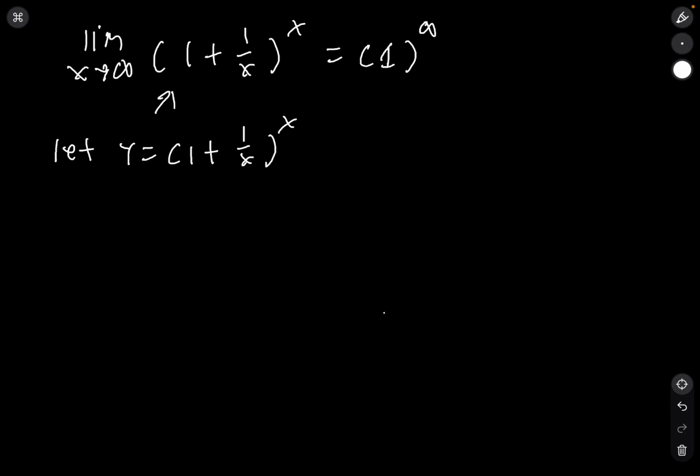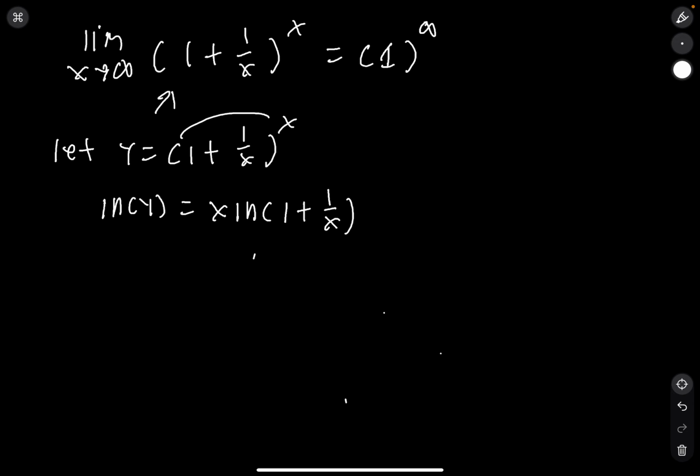And from here, we can use the rule of logarithms. So we can use log base e, also known as natural log. The rule of logarithms states that if you have a natural log with an exponent, you can bring down that exponent and bring it to the front, which is what we did here. So now from here, we can finally do the limit as x approaches infinity of x natural log 1 plus